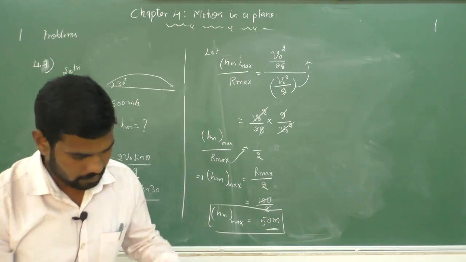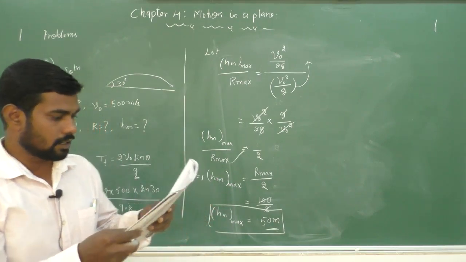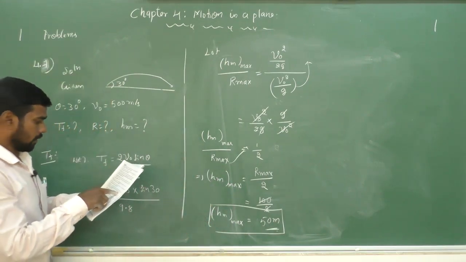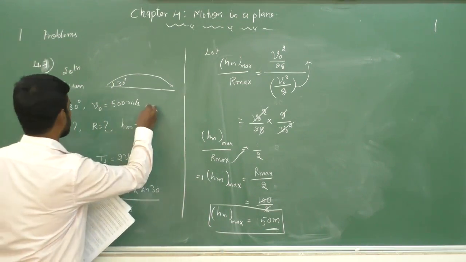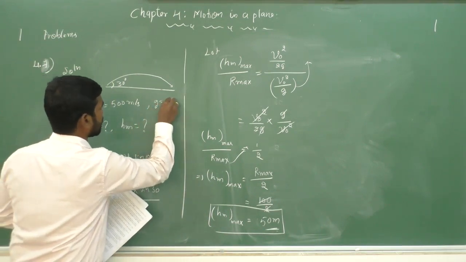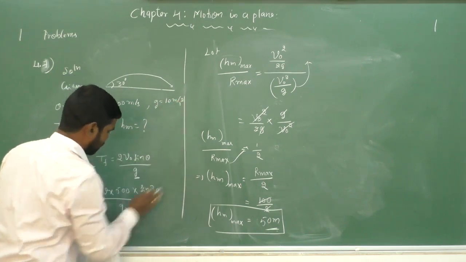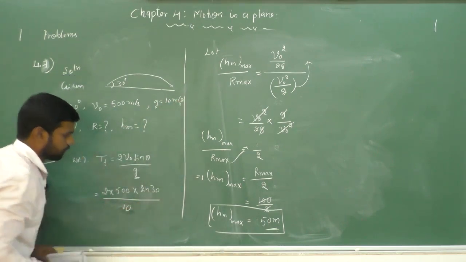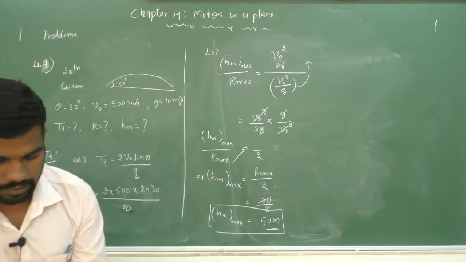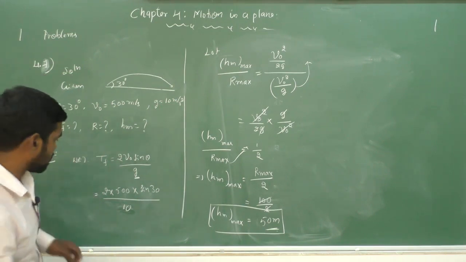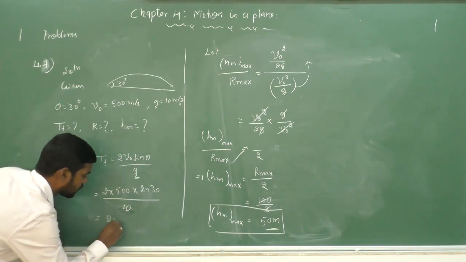Or the G value, whether it is given. Take G value, that one is 10 meter per second square. Okay, sorry, here it is 10. Just take this and substitute here. The values are substituted. That one is 2 into 500